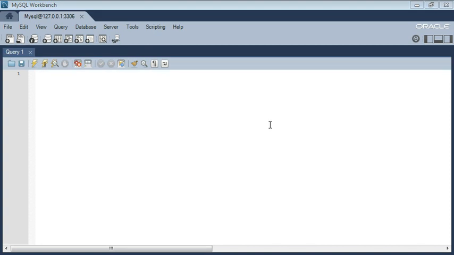Hi viewers, today we're looking at the max function within the MySQL Workbench to find the maximum population, the country with the highest population count within the city table within the world database. So first of all, we start by using the world database